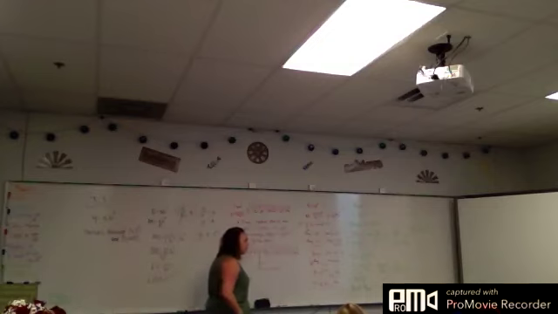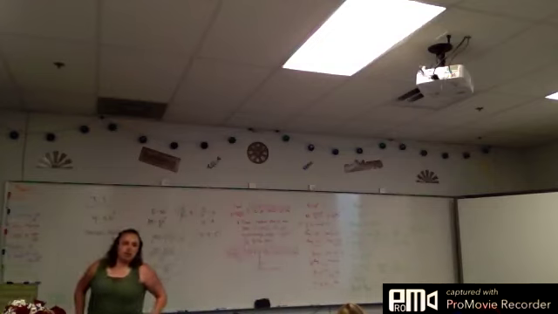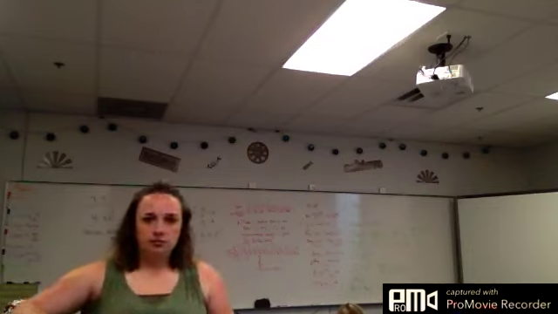Okay, for point slope. In our test, how many of those do we have? Not a ton, okay. Why does it go from